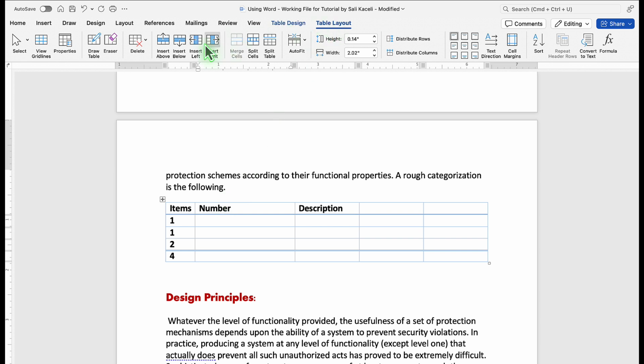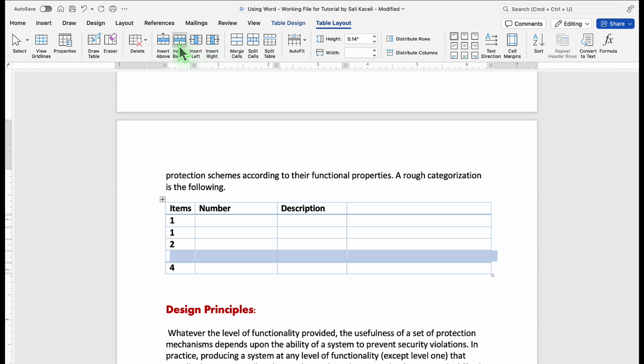Under the table layout, you also have additional properties such as adding and deleting certain columns. So let's say I don't want this column anymore. Click once somewhere in that column area and then click on the column to delete or the rows and so on. If I need to adjust this table, simply drag this to the right or to the left as needed. Notice there are additional controls on the top here. To insert additional rows above or below, click anywhere on the table and then select Insert a row from below